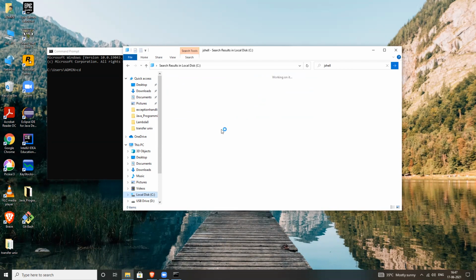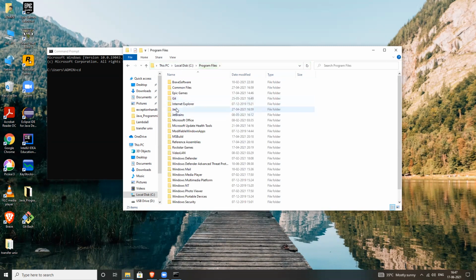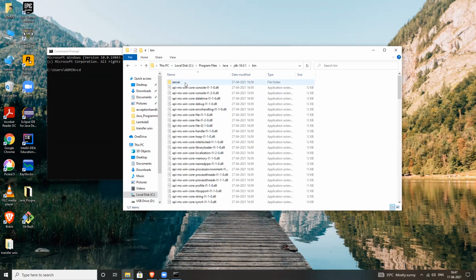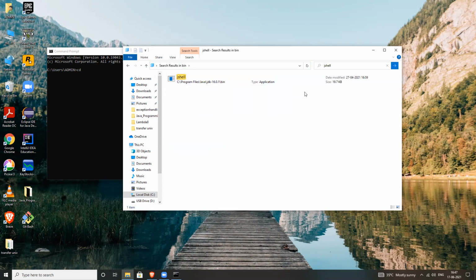Go to Program Files, then the Java folder. Open the Java folder, JDK, bin. Click on bin. Now check whether JShell is present. Not Java, JShell. Yeah, it is present. Copy the whole path.